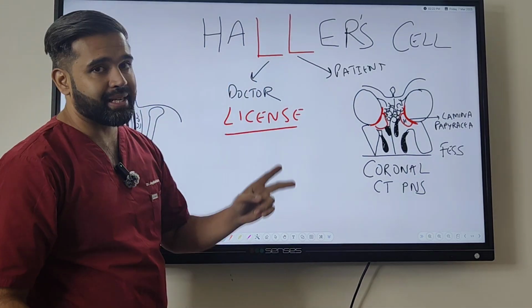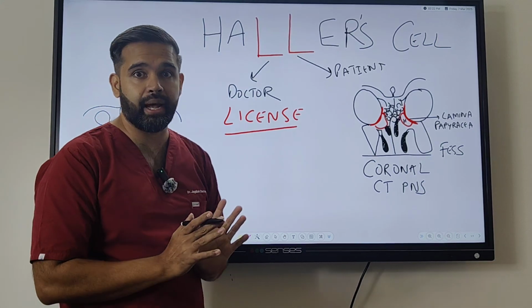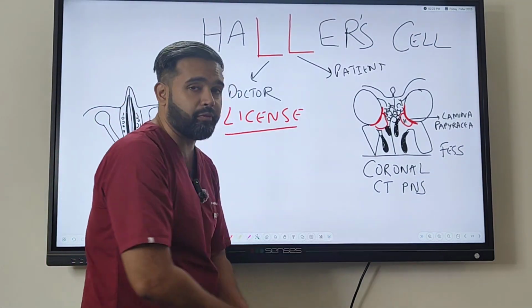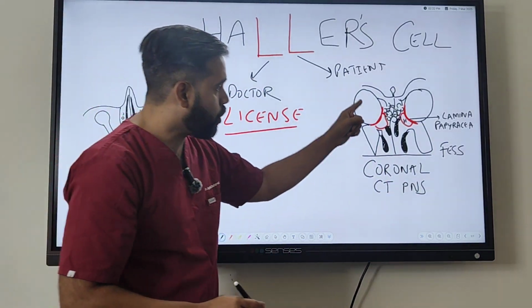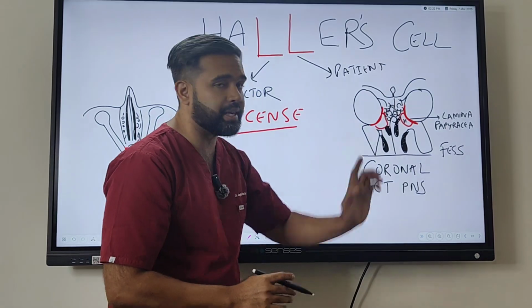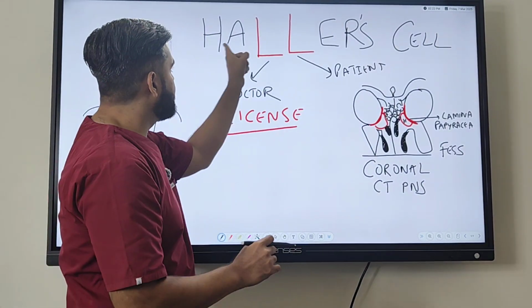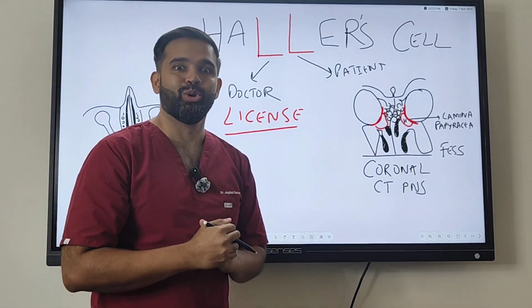So these two L's are very important. That's why ये साथ में है, because lamina गया तो license गया. So every doctor, especially an ENT surgeon who is performing functional endoscopic sinus surgery, should do a CT scan, coronal section, to see whether there is a Haller cell, and make sure that दोनों L नहीं लगे, सिर्फ इधर ही लगे in the spelling of Haller, जब पैदा ही दो L से हुए थे.